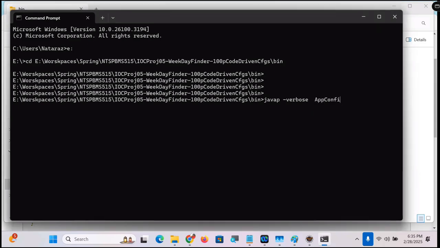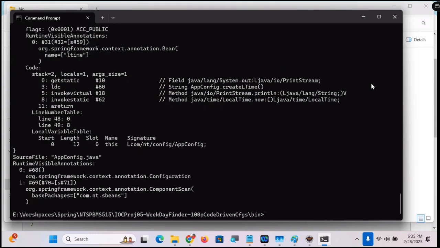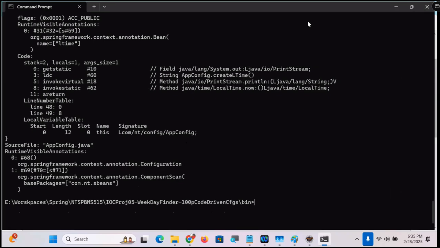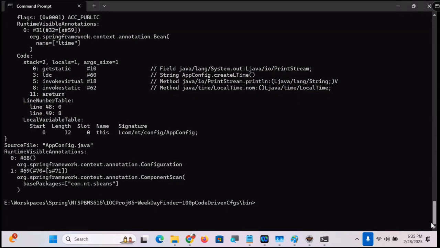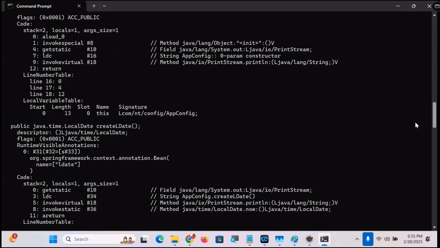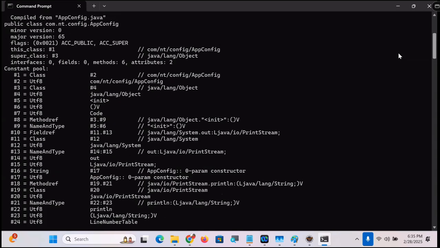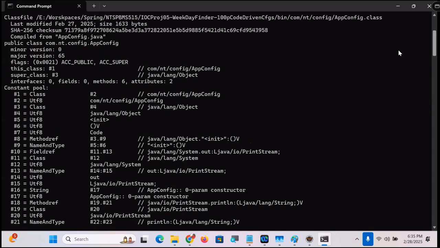App config. Yes, app config is not there directly. com.nt.config.AppConfig. Yes, guys. Okay. We got elaborated information about what? This class. Elaborated information about this class. Everyone getting my point? Yes, here I must show